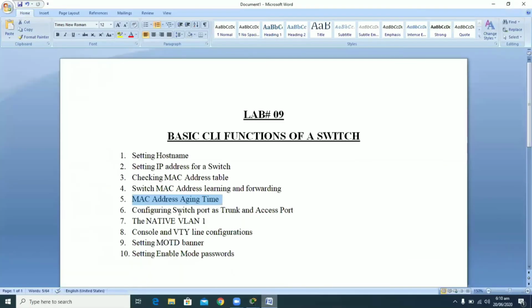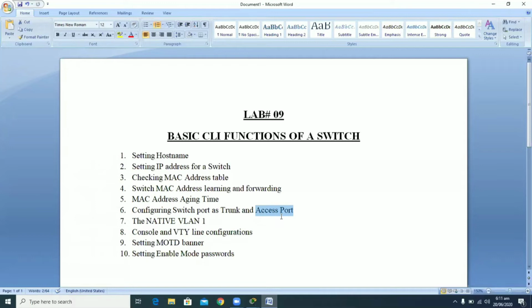Now moving to our next task, and our next task is the configuration of a switch port as a trunk and an access port. So what is meant by a trunk port and an access port? Basically, when you have a switch port which is connected to an end device, what is meant by an end device? An end device is basically a PC or a laptop or some server.